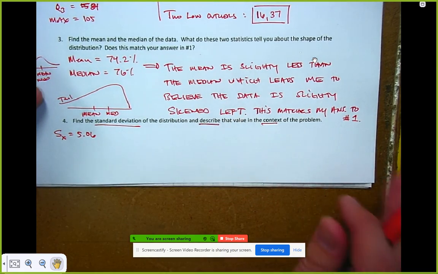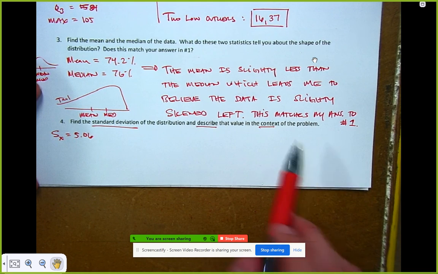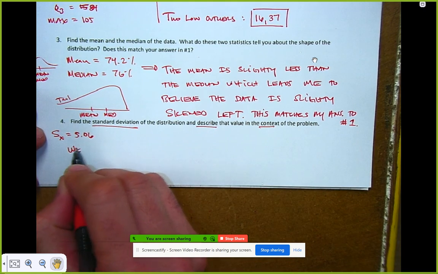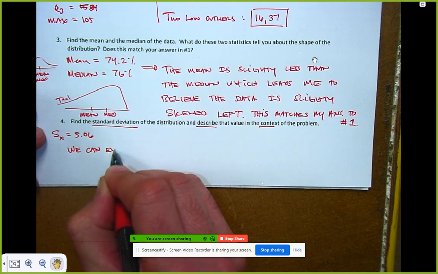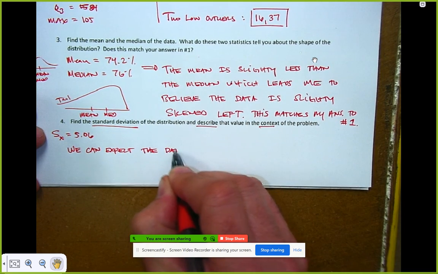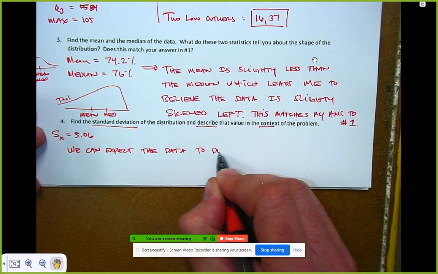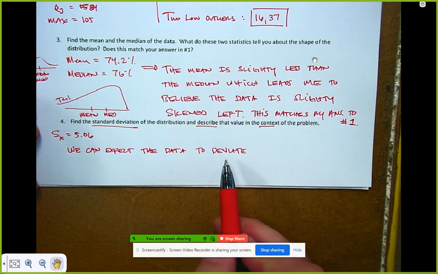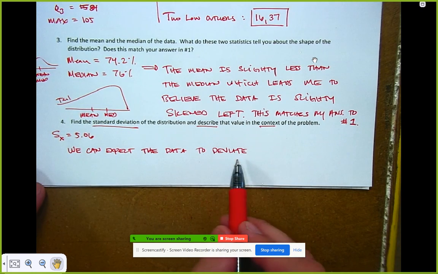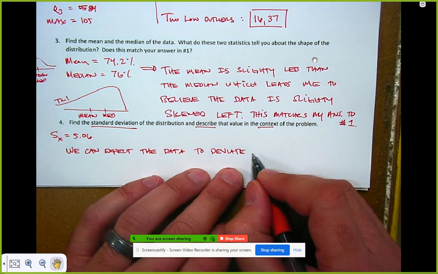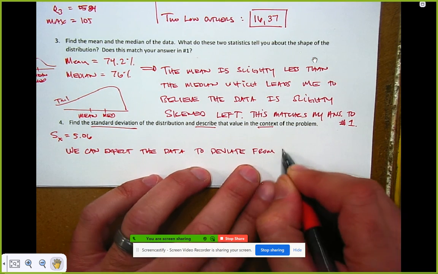You guys are supposed to memorize or write this down, have this available so that you can practice writing out a sentence about what that means. So what you write is: we can expect the data to deviate, which is fancy for to be off by or different from by about. So we can expect the data to deviate from the average